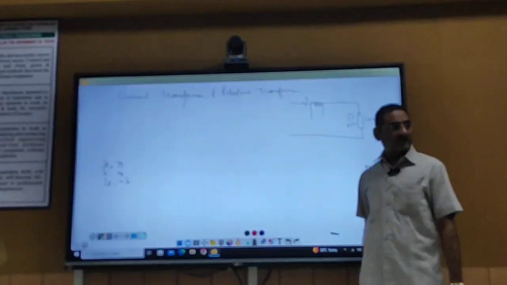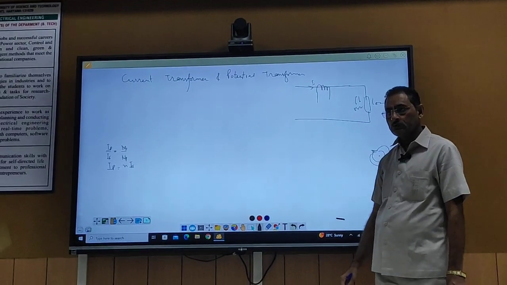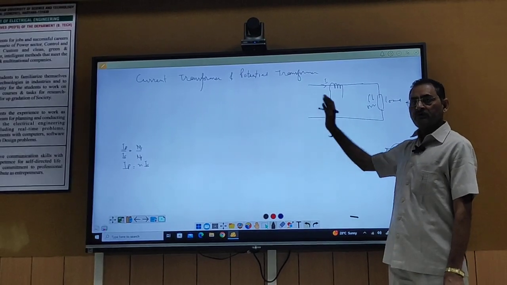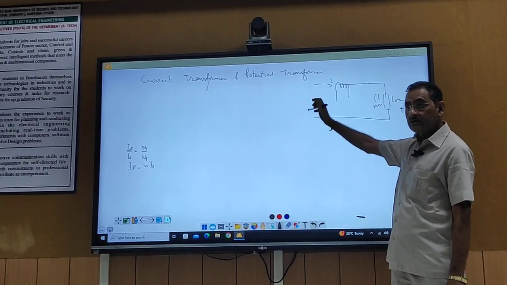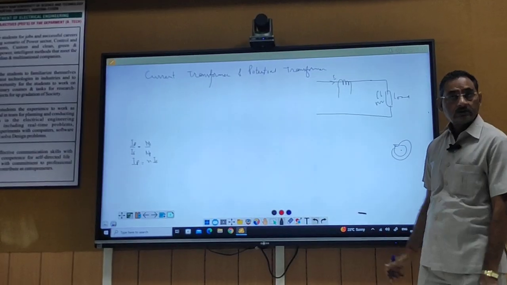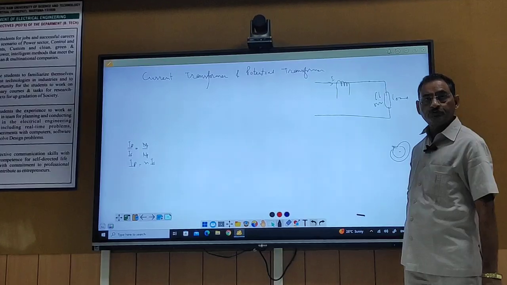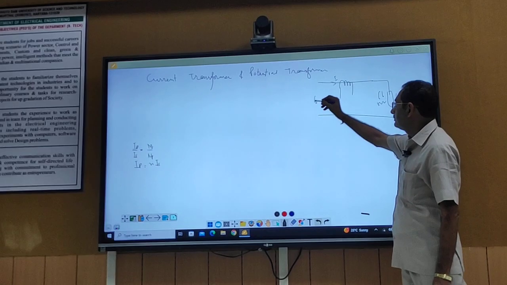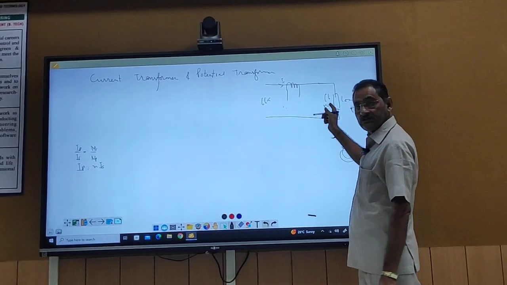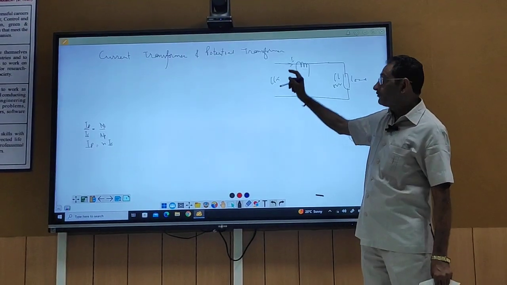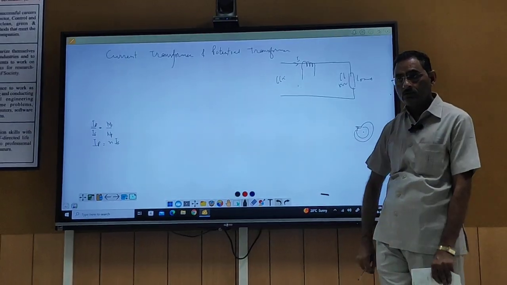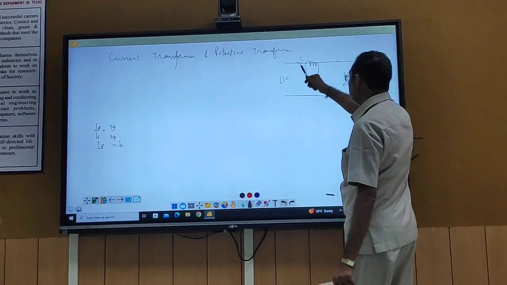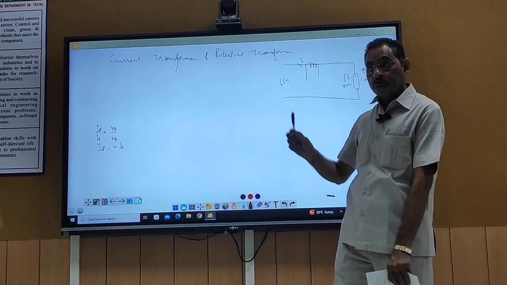And what will be the voltage at the sending end side? 66 kV or slightly high, 66.5, or some phasor angle. Please listen. This line is, for example, 100 kilometer distance, and here voltage is 66.5. Here voltage is 66. It means the voltage drop from here to here is 0.5 kV. It's called 500 volt, and 500 volt from here to here is 100 kilometer.